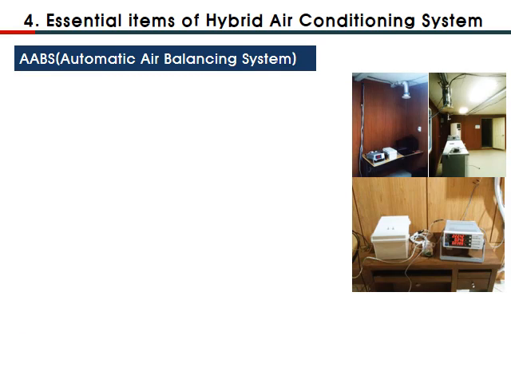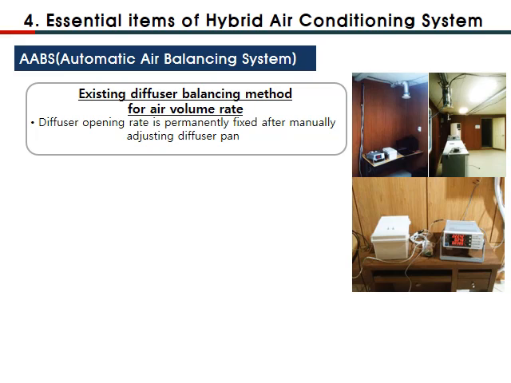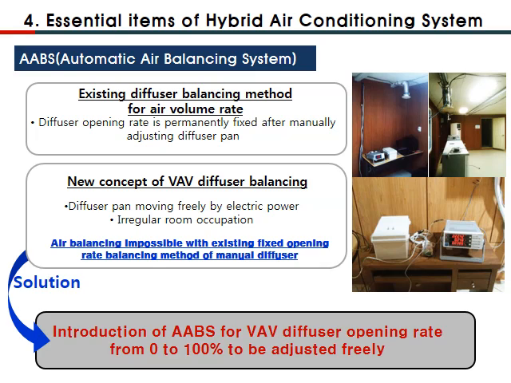AABS, Automatic Air Balancing System. The conventional diffuser balancing method is to permanently fix the opening rates of each diffuser after each manual adjustment. However, in the room-independent ventilation system, diffuser opening rates are to be adjusted constantly from 0 to 100%. This is called the AABS method and is essential to operation, as the diffuser's driving parts are constantly being adjusted